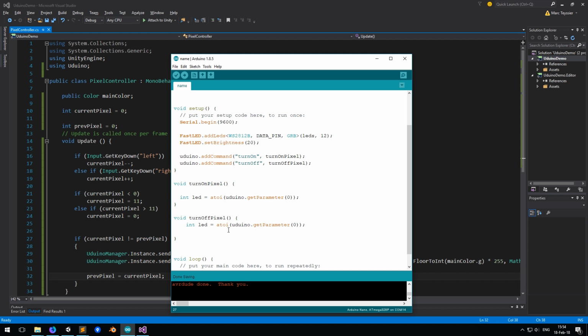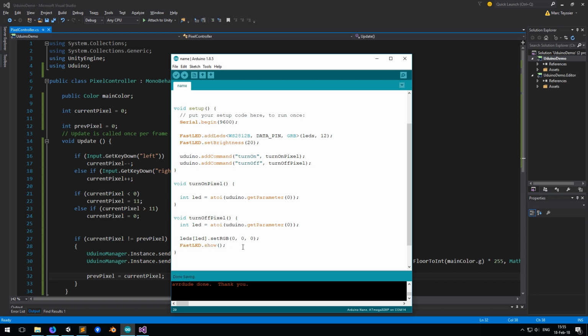And then we turn off the LED. With FastLED library, we can just call our LED strip of the index led.setRGB(0,0,0), so everything off. After, we can call FastLED.show.